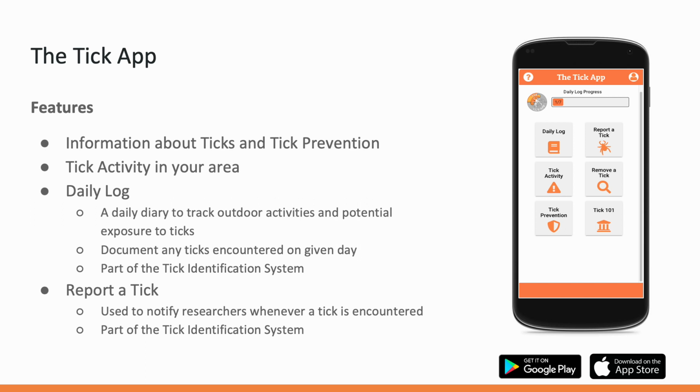First, the app contains a library of information to educate users about ticks, tick prevention, and how to remove ticks. Users can also see what level of tick activity there is in their area. In addition to this, we've developed several tools to help researchers learn more about the users and their potential risk of tick exposure. Today, we will be taking a closer look at two of these features, the daily log and